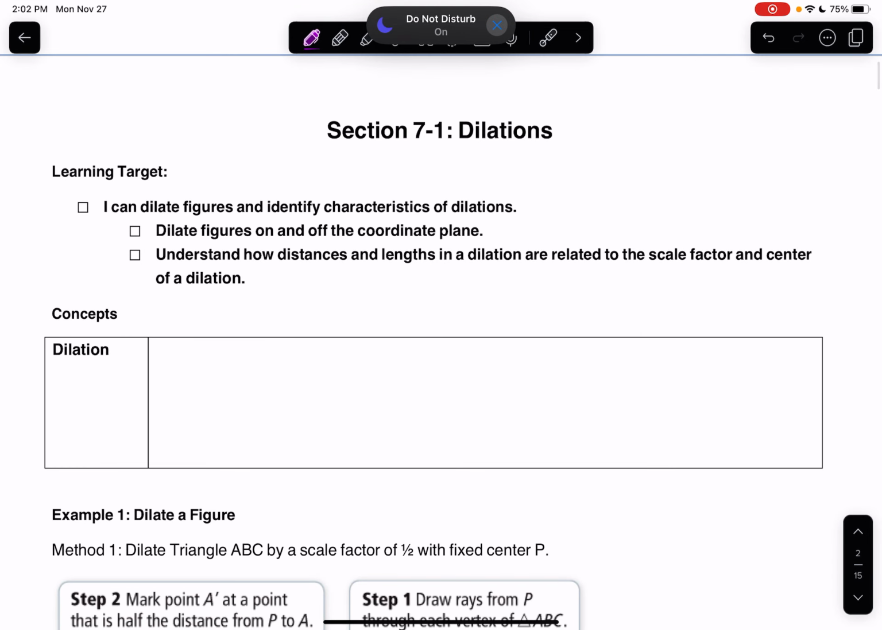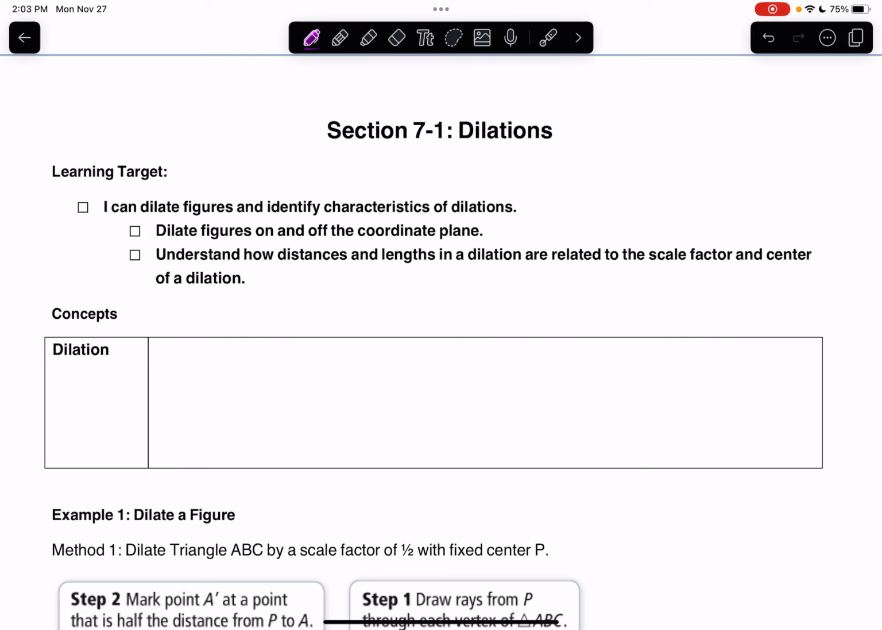All right, let's go over section 7-1, starting out topic 7. Topic 7 is all about similarity, which is a little bit like congruence. When we did our triangle congruence section, we had our angle side angle theorems and things like that. We're going to go back to that idea, but we're going to look at similarity. So we'll get into what is similarity in the next section, but here we're just going to talk about one